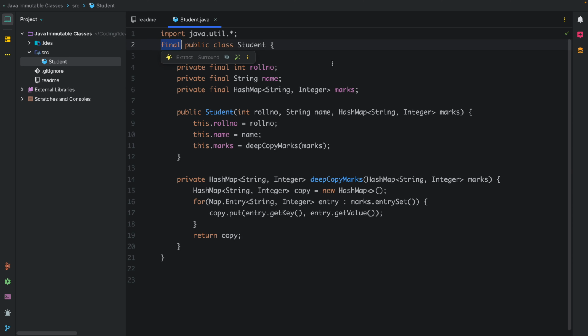Second step was to declare all the properties final and private. Third step is, while initializing the properties, we need to make sure for mutable properties, we just need to perform the deep cloning, not the shallow cloning. So shallow cloning was if we assign this marks directly. So both these references, marks and this marks, are referring to the same object. But in case we are performing the deep cloning, so this marks and our property marks are referring to separate